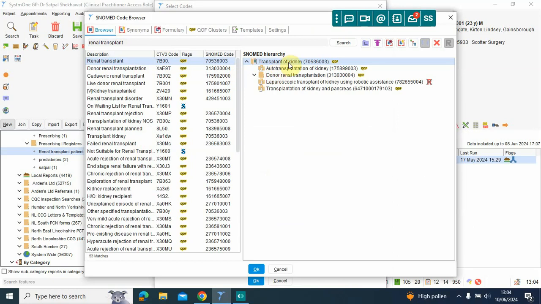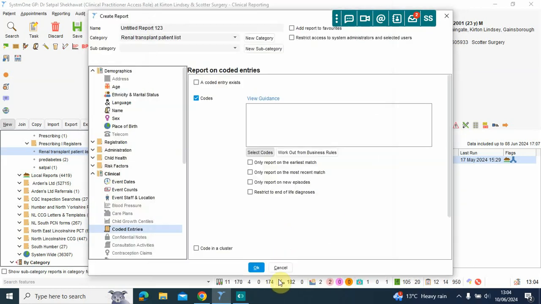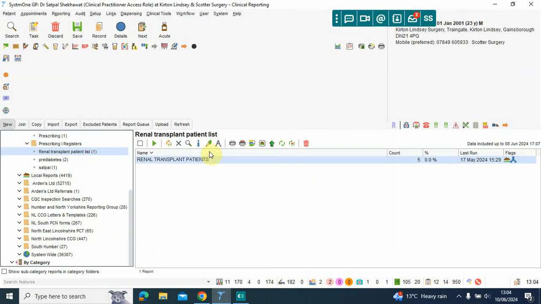Now this includes different types of, so this SNOMED code will be sufficient to identify those patients. Once you've done that, you will run the report like we have here, and if I run it, it will bring up the patients. So like this morning we've got 5 patients in our list, and that list you would import into your protocol. So I hope this helps you in creating your own protocol for your own organizations,